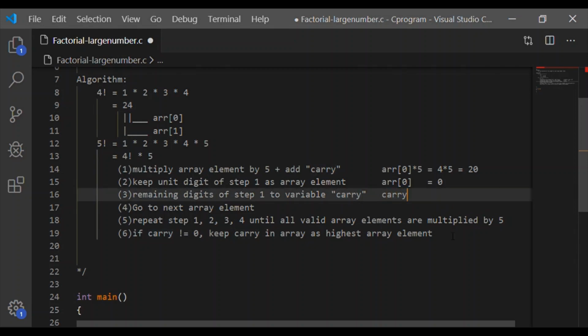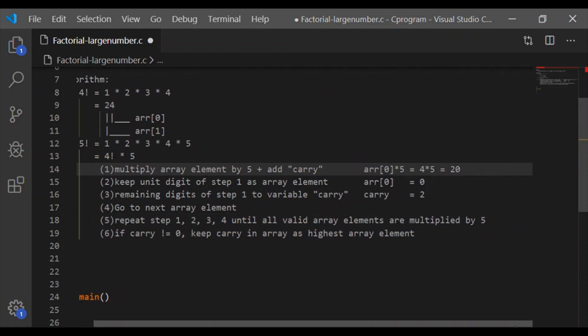Now after multiplying by 5, array of 0 becomes 0. Carry will have the values other than the unit digit of step 1. We can get the other digits apart from the unit by taking array 0, that is 20 divided by 10 will give us 2. Now we have the 4th and 5th step, which is go to the next array element.